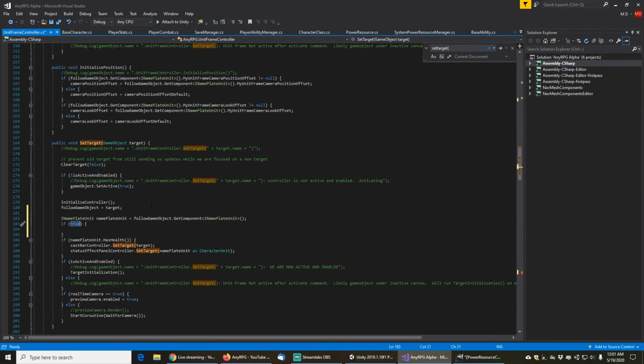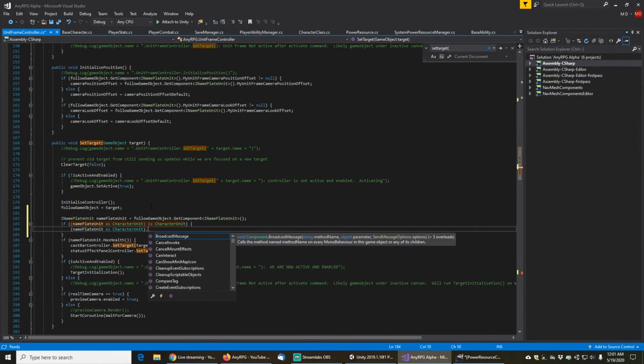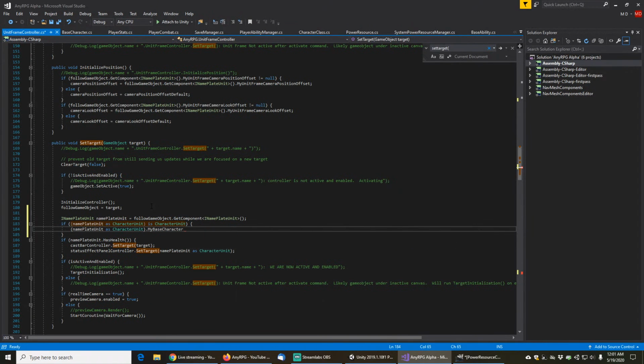So if nameplate unit as character unit is character unit, then we're going to do nameplate unit as character unit, and then we're going to find our way to the resource color. So nameplate unit is character unit, and we get the resource color from the base character dot character stats dot